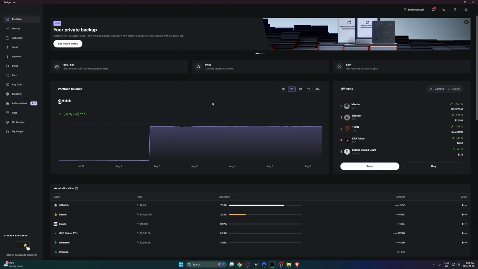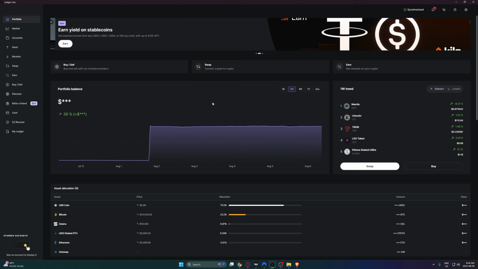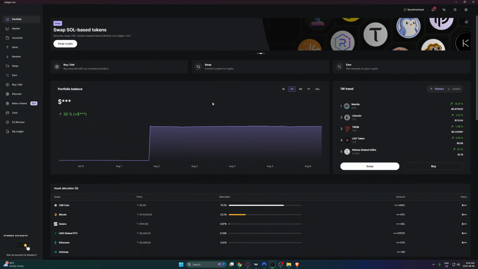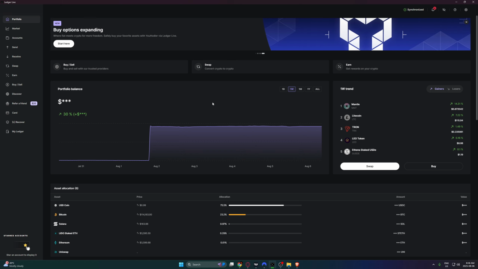I've had a lot of people ask, how do you delegate your abstract wallet? And today we will be doing a guide on how to delegate your abstract wallet to a cold storage wallet. In this example, we will be using Ledger, but this will also work for many other cold storage wallets such as